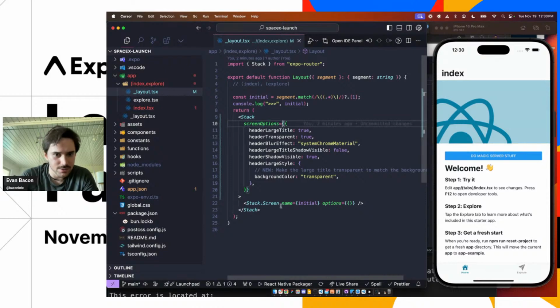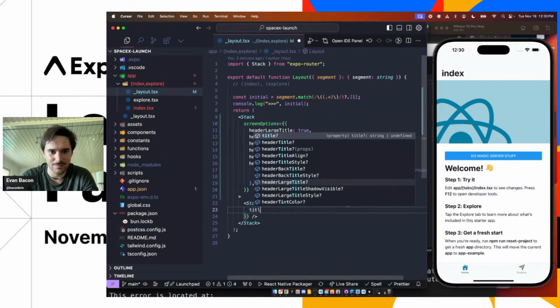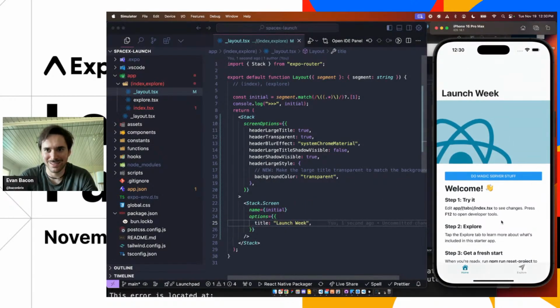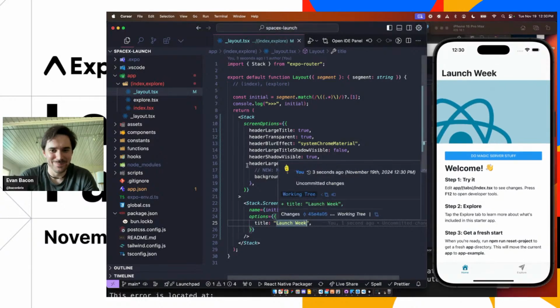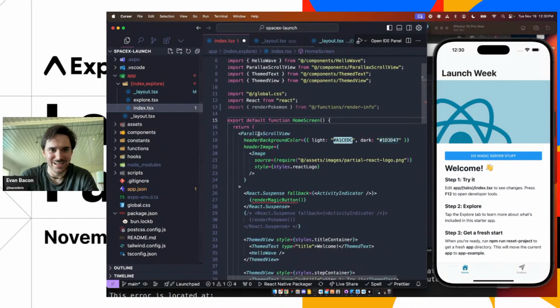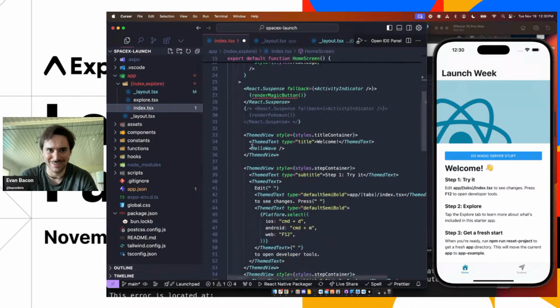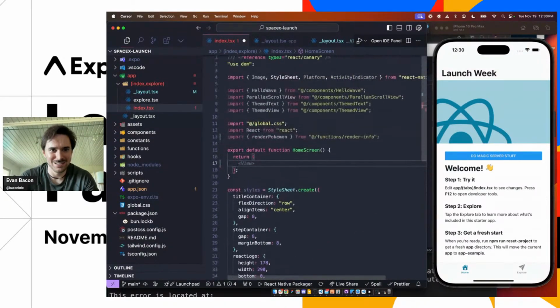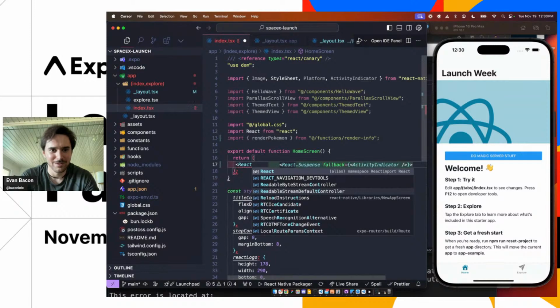All right, let's do a little bit more here. First, let's just give this a title. Launches. Actually, let's give this something. Launch week. There we go. So we got the launch week title, and now we need some rocket content in here. Let's make some rocket content. Just delete all of this, and let's go